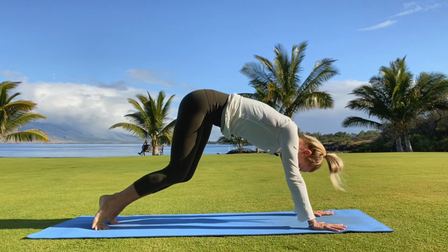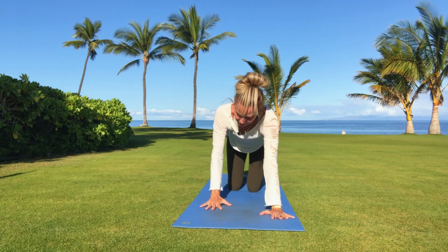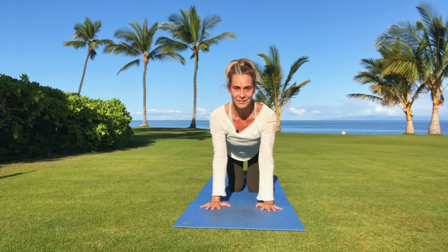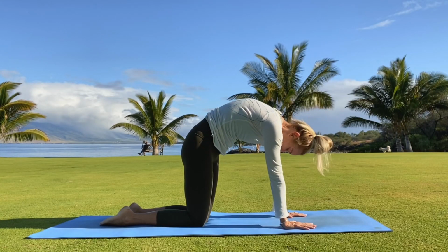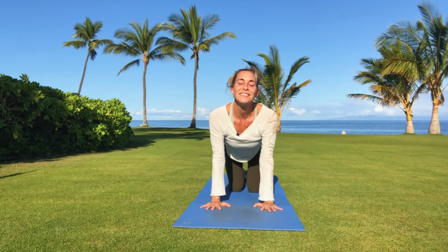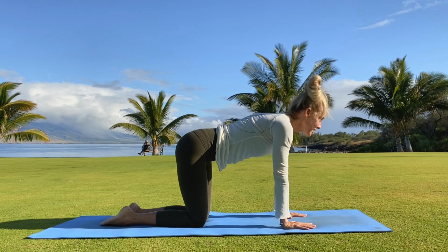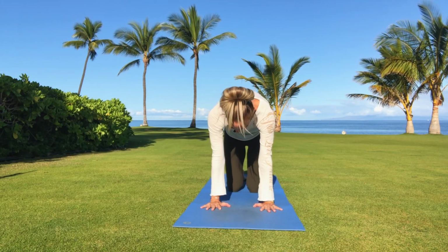This time, drop your knees down, untuck the toes. Walk the hands back so they come into alignment underneath your shoulders. A little bit of cow pose. And a little bit of cat. Inhale. Exhale. A few more rounds like this just to begin to warm the body up